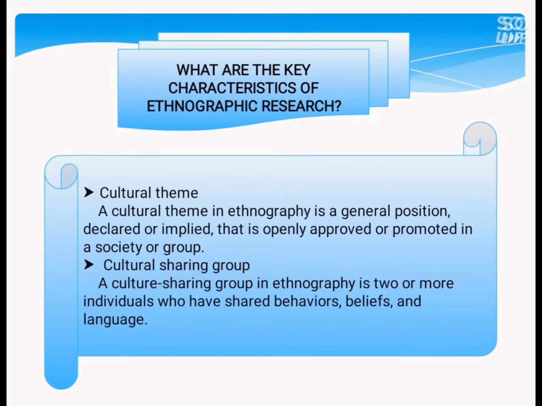It is a general position declared or implied that is openly proved or promoted in a society or group. As with all qualitative studies, this term does not serve to narrow the study. Instead, it becomes a broad lens that researchers use when they initially enter a field to study a group, and they look